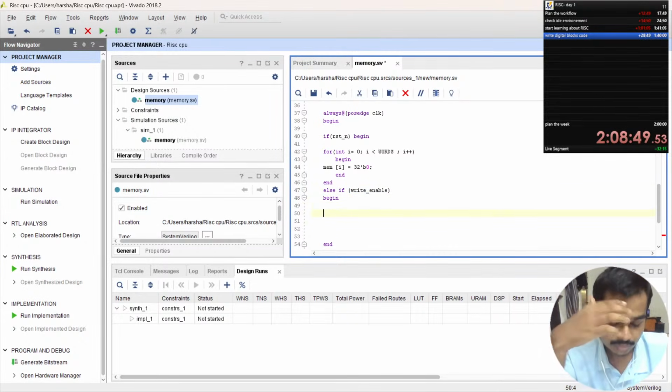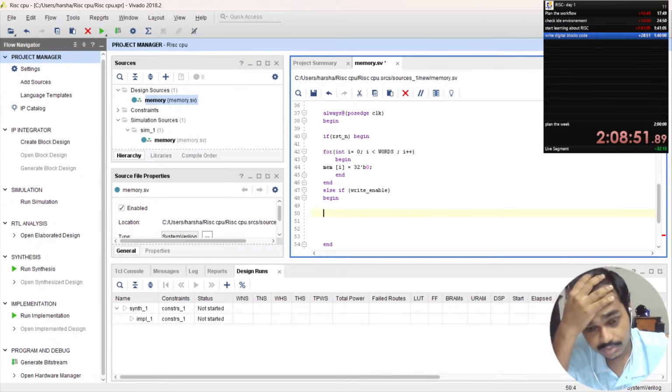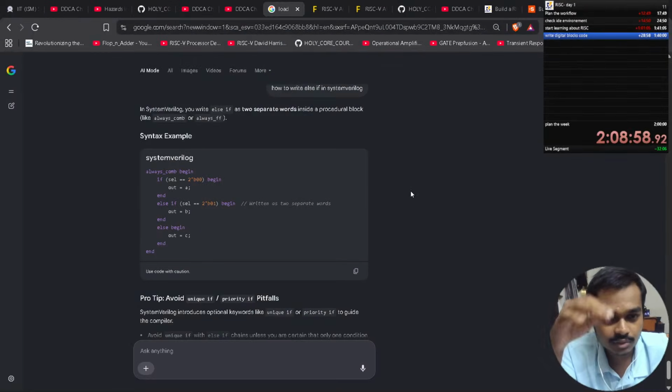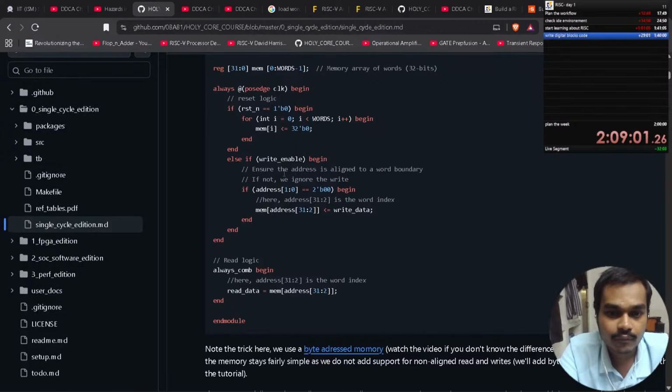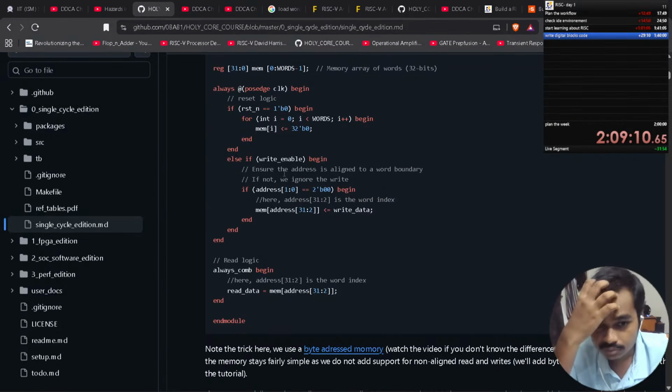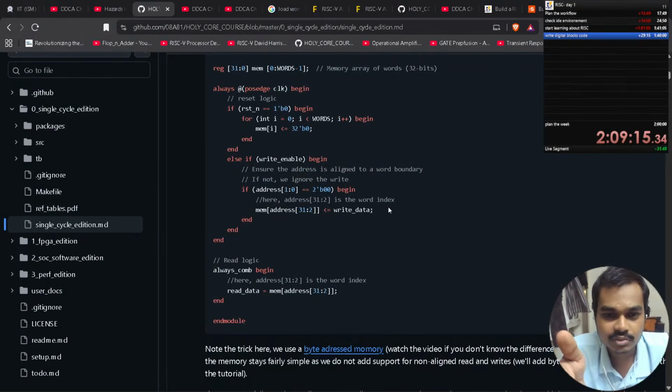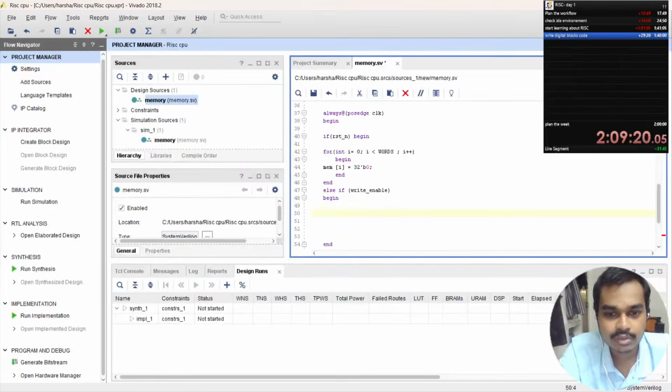So what are we doing? We are trying to break up the address with the write enable, that means we are going to write it and put into an address. So we are inserting it along. Our data will go into the memory. So if you are going to insert